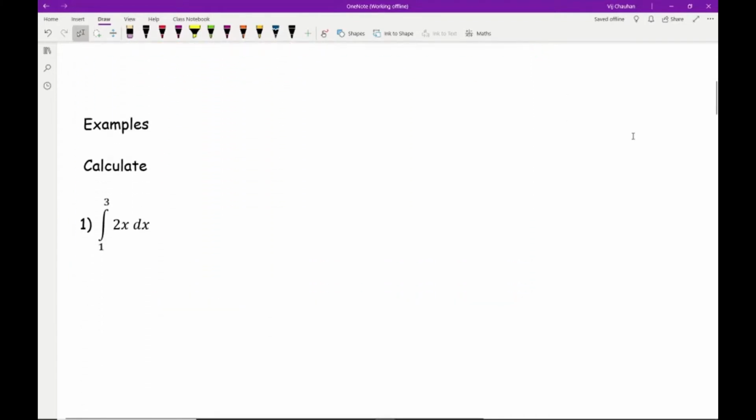So as an example, we've been asked to calculate the integral of 2x within the limits of 3 and 1, where 2x has been differentiated with respect to x, hence dy dx. So the first thing we want to do, and I'll write down the steps for this as well, so let's get a different colour pen. So in terms of the method,